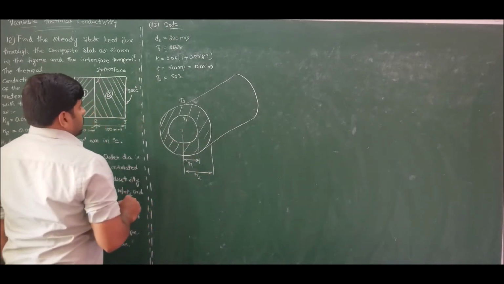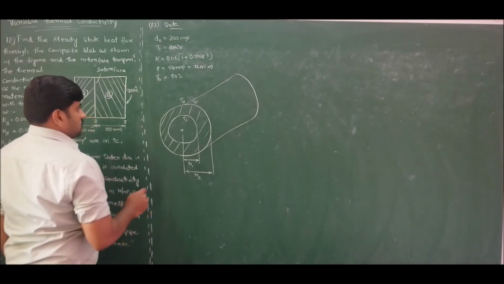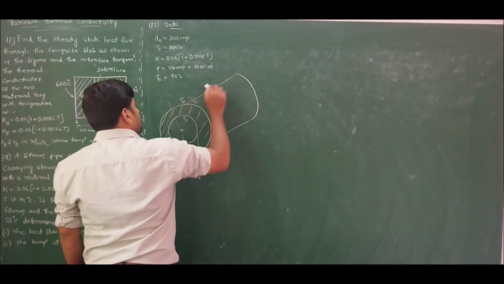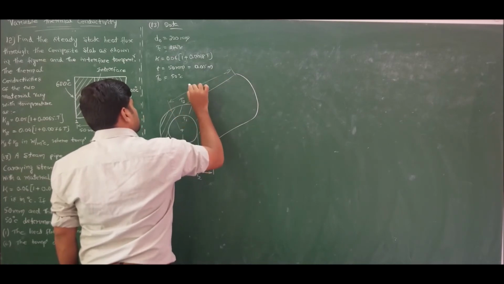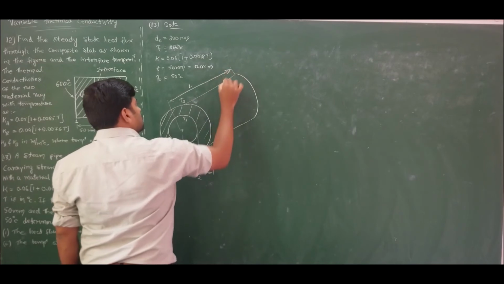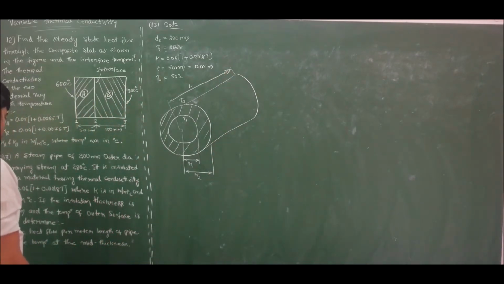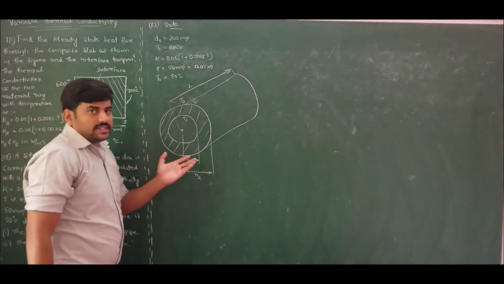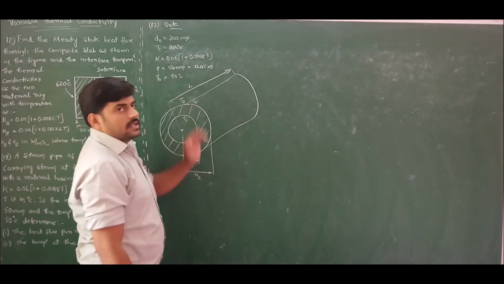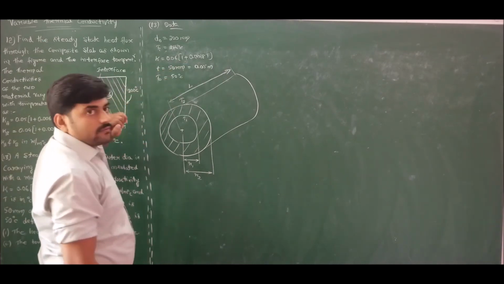Now we want to calculate the value of heat flux. So the length is 1 meter. Per meter length we are calculating the flux. I don't know the length, so we calculate it per meter length. So flux is heat transfer per meter length of pipe. Sorry, it is asking to calculate the heat flow itself. So I should take the surface area into account, because heat is traveling in the radial direction. He is asking us to calculate per meter length how much is the heat flow.